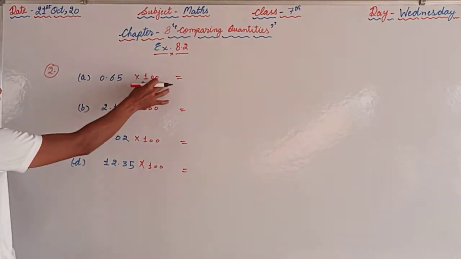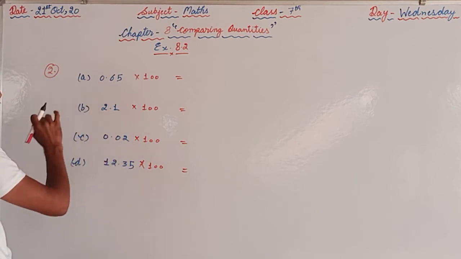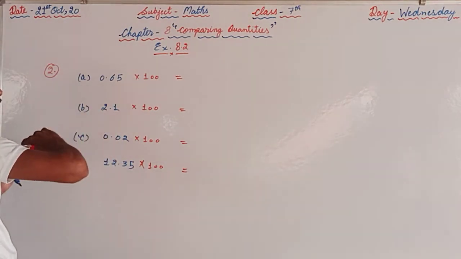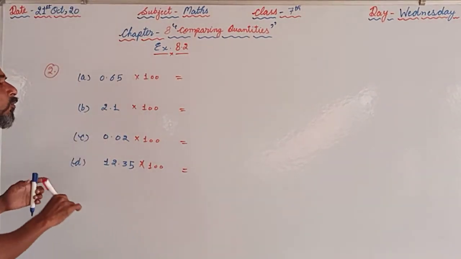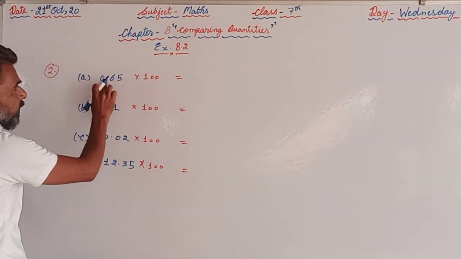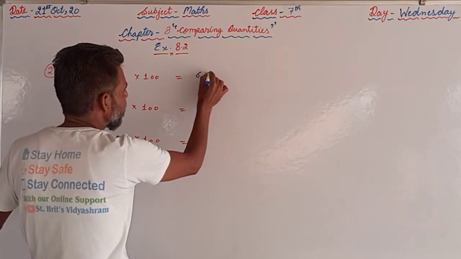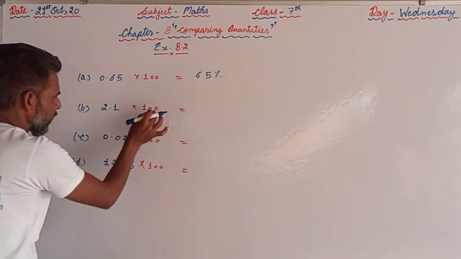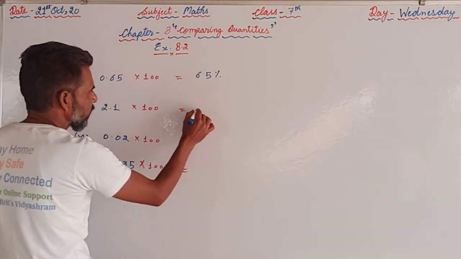So we are supposed to multiply by 100 and the decimal form is there. So the decimal will move to the right hand side by 2 places. Why 2 places? Because 2 zeros are there. So decimal is here, then 1, 2, that becomes 65%. 2 means 2 places,